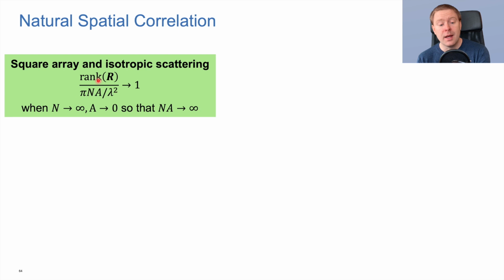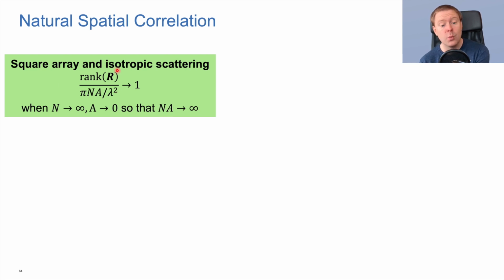Then the spatial degrees of freedom will be pi N A divided by lambda squared. And when the number of elements grows large and every element becomes very small, but still the array is larger, so n times A goes to infinity, then asymptotically in that regime, the rank of the covariance matrix that I was just presenting